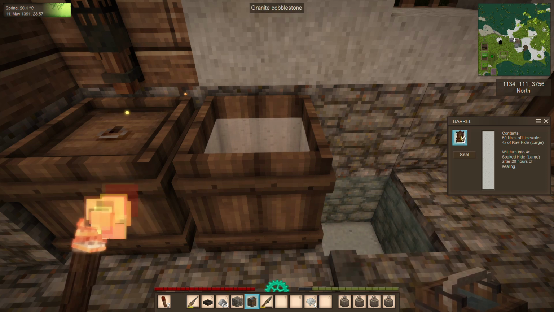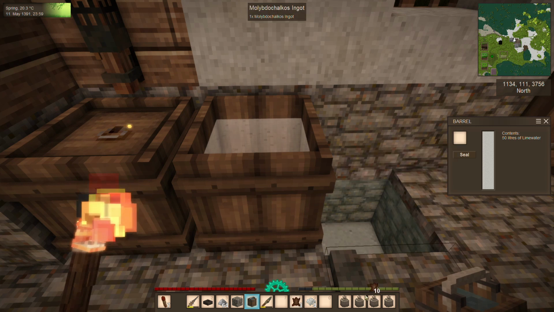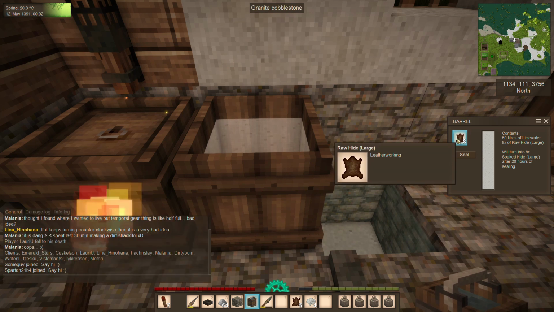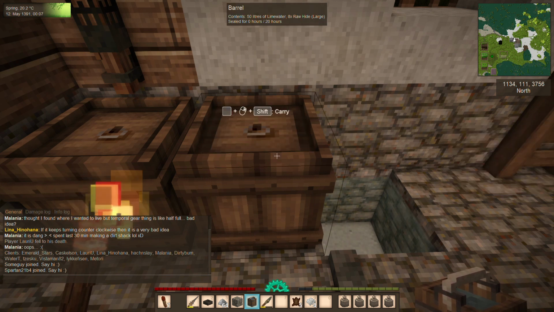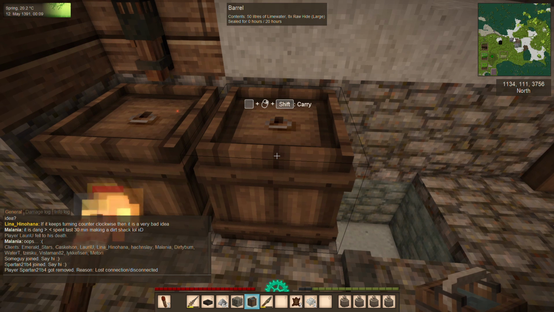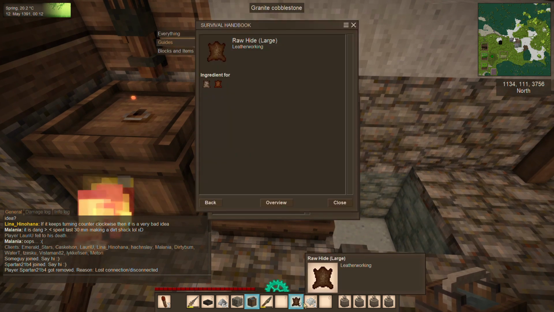8 looks like as many as I could have. Let's see, 9? No, not 9. 8. So 8. I can do 8 large hides in a 50-liter lime water bucket. So seal that up, and in 20 hours I'll be able to come back and have soaked hides, which I will then scrape to make scraped hides,